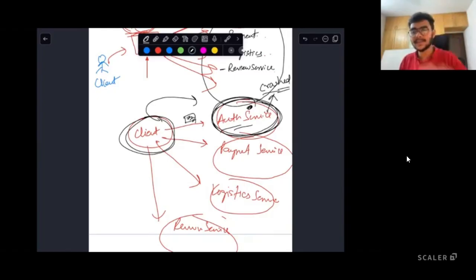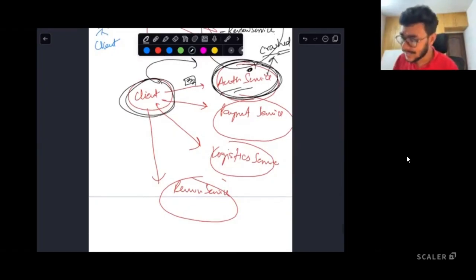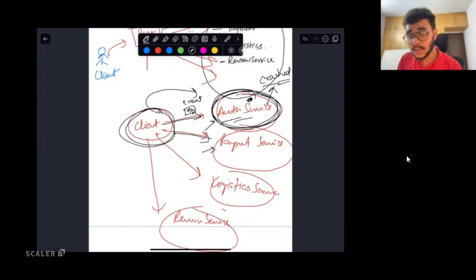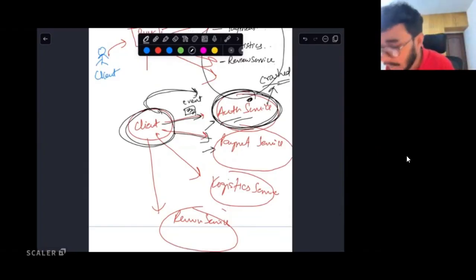Is this point making sense, guys? Right? And I hope you can understand that the same event that was delivered to the authentication service needs to be delivered to the payment service as well. There is no difference between the event that was sent to the authentication service and to the payment service. Both of these events are the same. So can you see that I am going to be sending a request with, let us say, data as 123 to the authentication service and to the payment service as well.